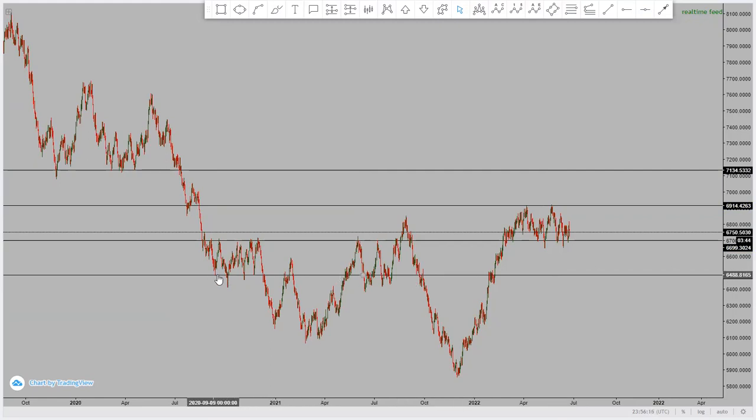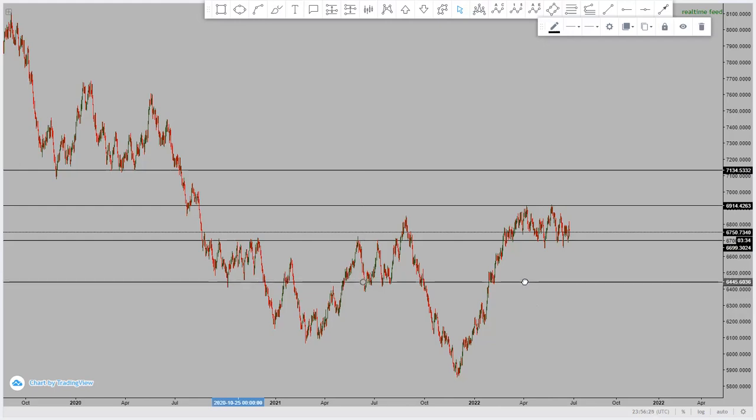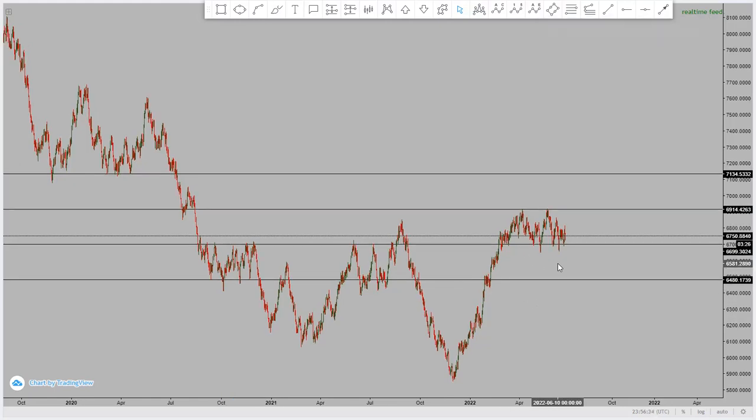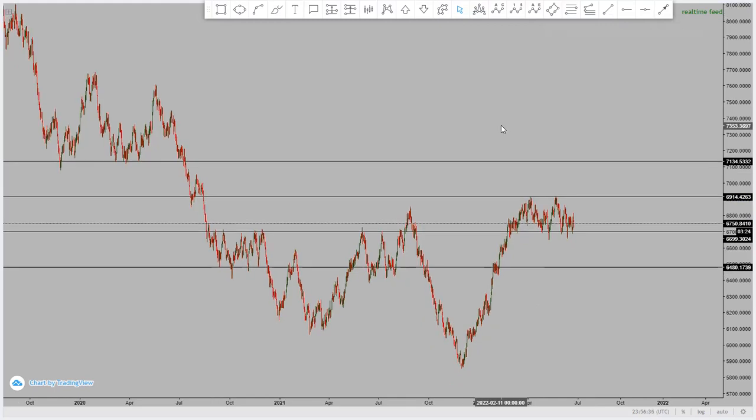Right, this one I can draw it like this: respected there, respected there. So we can draw it like that as well. It's also okay like that, because the more the number of touches, the better, and the more it's going to be respected. So if you look at VIX,